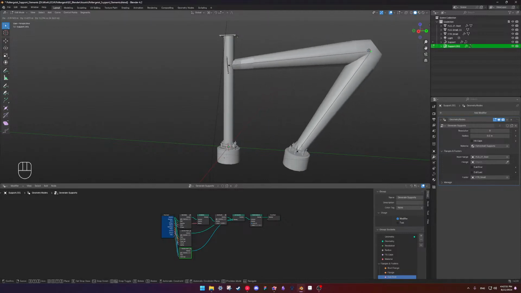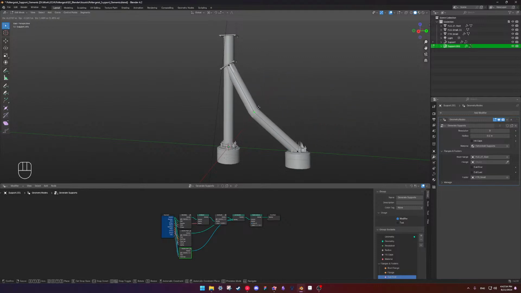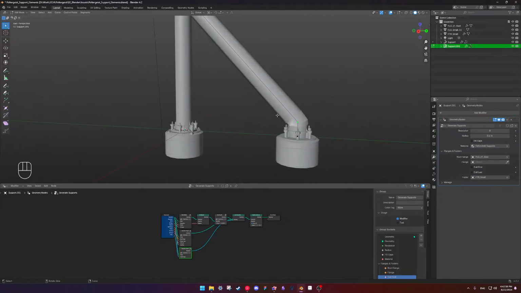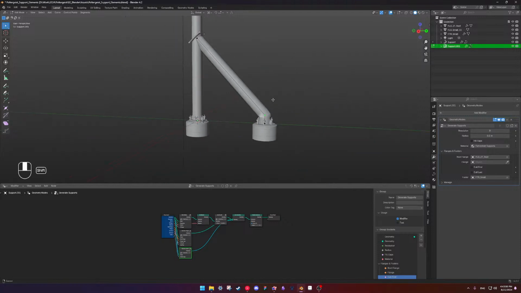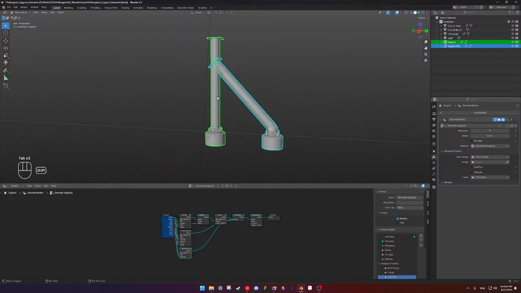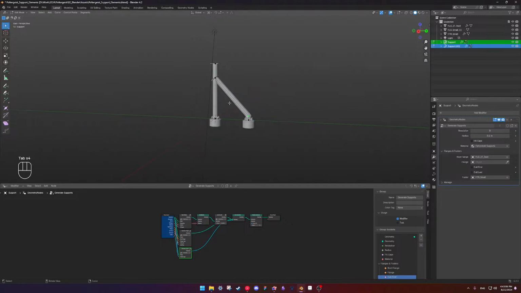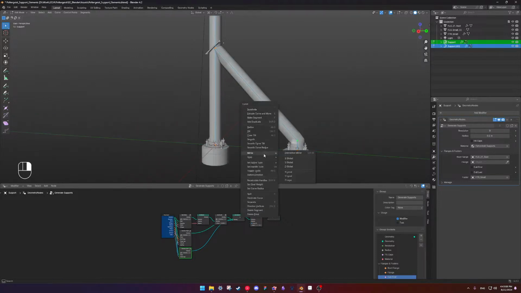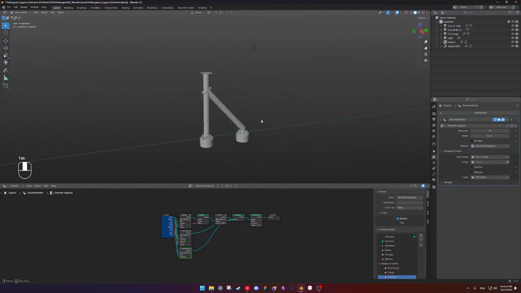What's going on? Maybe what's happening is this is not poly. Set handle type to poly. Yes. Okay. There we go.